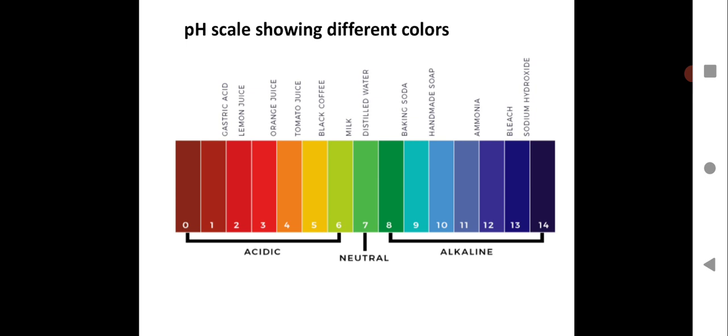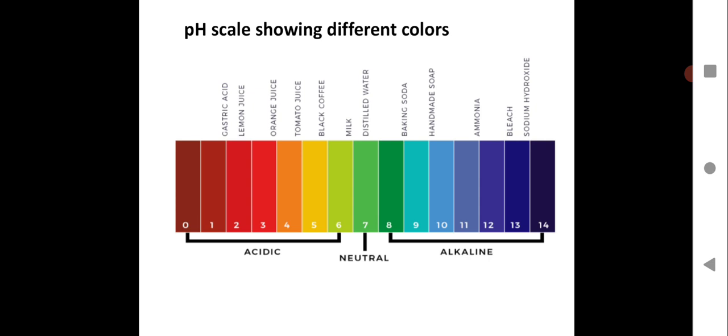Tentatively you can get ammonia 11 to 12, bleach 12 to 13, sodium hydroxide deep blue, that is a very strong base. Then when you go towards the acidic side, you see milk, somewhat neutral, because of lactic acid it will give a light green color. Black coffee,